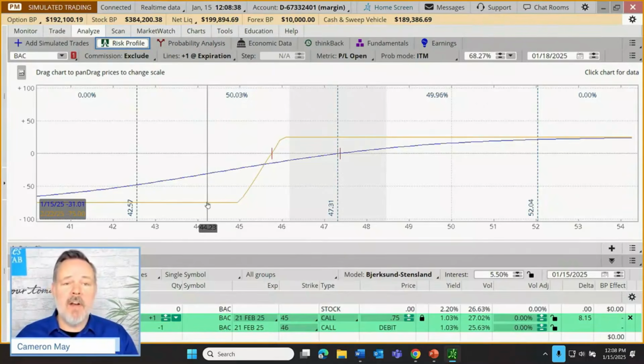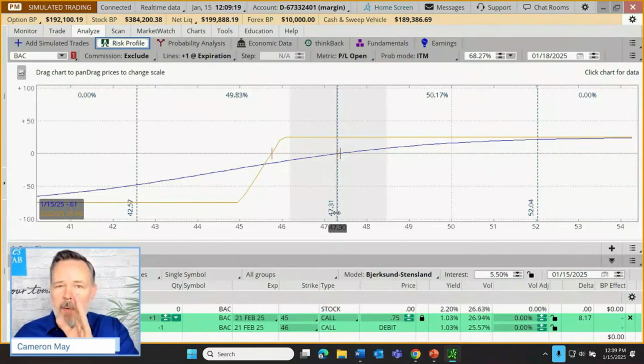So the first thing I want to turn our attention to is this yellow line. Now, I've customized the colors on my screen. If yours happens to be red or purple or whatever, doesn't matter, but the Z-shaped line, or this roughly S-shaped line, is the one that we'll be looking at first. And what this is doing is showing us an intersection of potential profit levels with possible price levels on the stock. So right now, our Bank of America stock is trading at $47.31. That's what this vertical dashed line represents. It's just a visual benchmark to show us where we are right now.